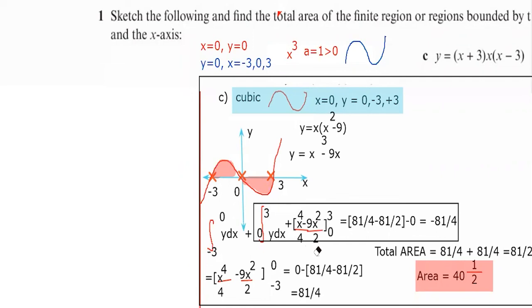So we have two integrations. One is going to be from minus 3 to 0, and the other is going to be from 0 to 3. When we do them individually, we will get minus 81 over 4 for one of them, and plus 81 over 4 for the other. But in terms of areas, we always consider the positive value. So the total area of this graph and the x-axis will be 81 over 4 plus 81 over 4, which is 81 over 2,